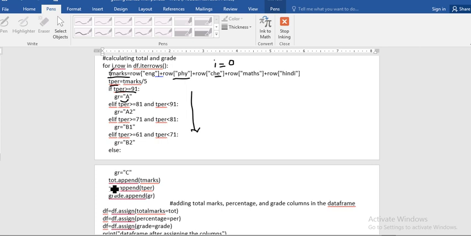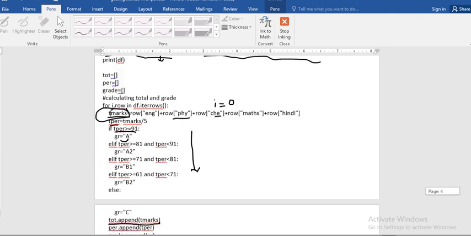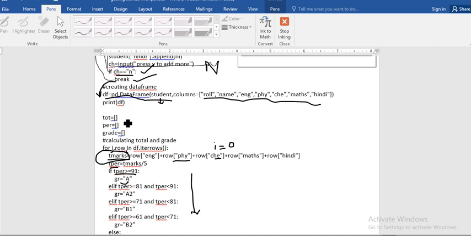And then here TOT dot append means the value of tmarks is appended to the list TOT here.